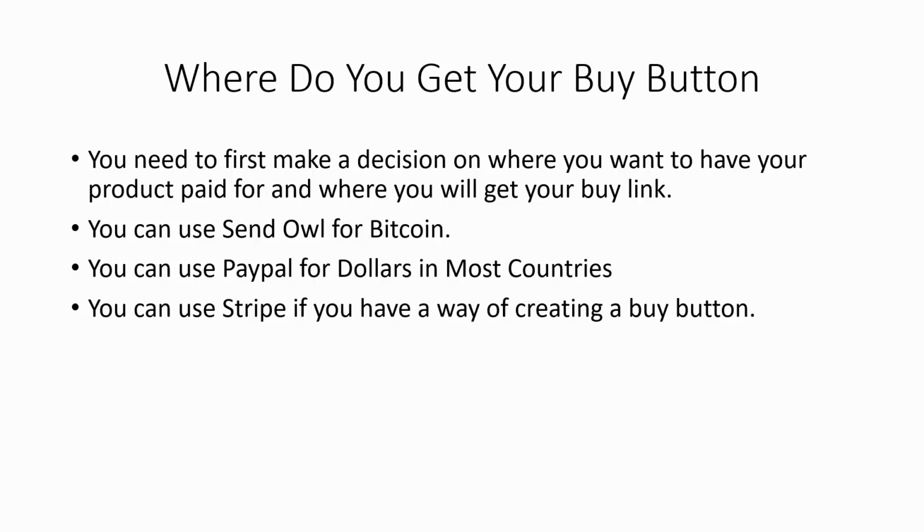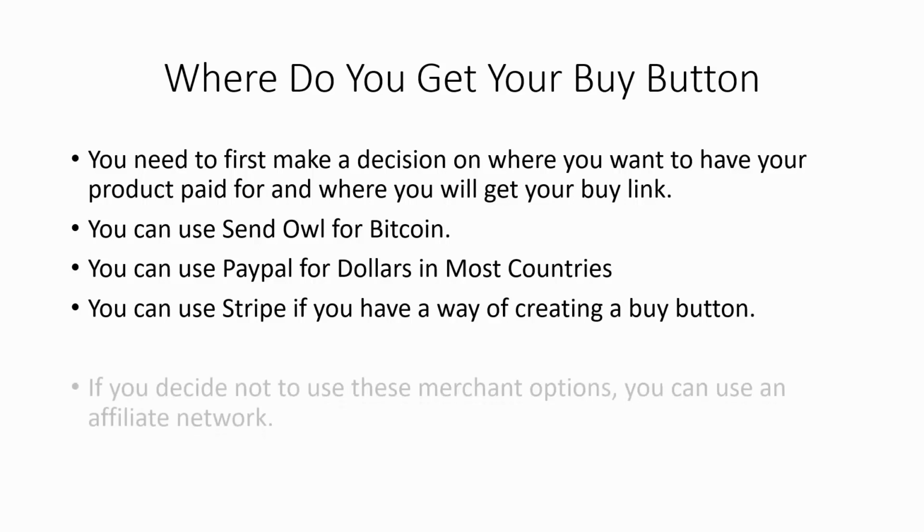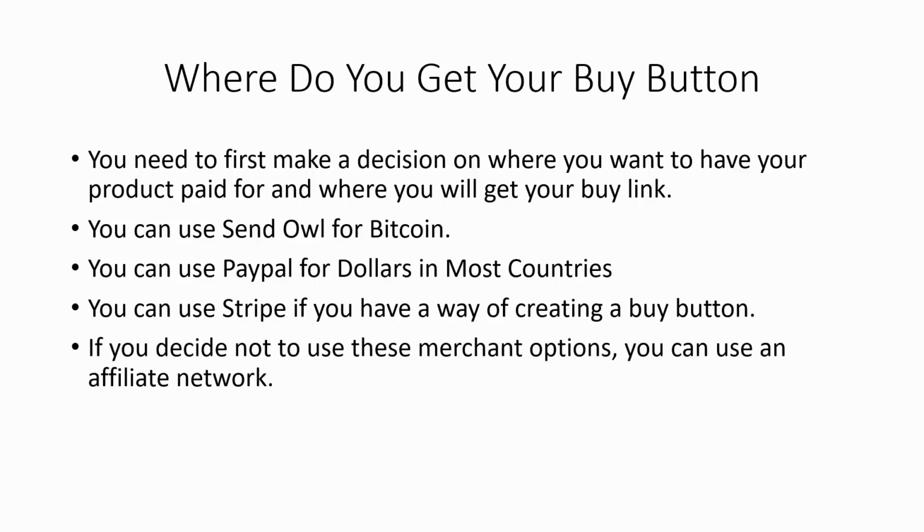And typically, if you're going to use Stripe, you're going to have some kind of third-party intermediary that will turn Stripe's coding into your buy button, right? But if you have Stripe, you have PayPal. If you want to use Bitcoin, you can do all of those three mediums. And you can use any of these merchants. But if you decide not to use them exclusively, let's say you decide you don't want to use PayPal exclusively,